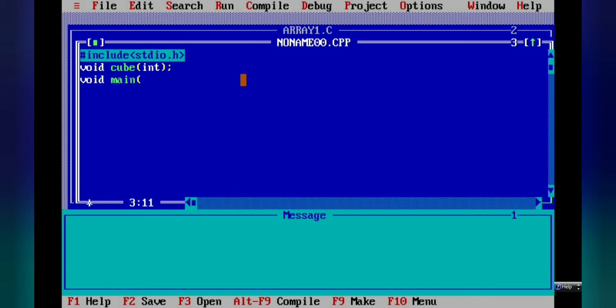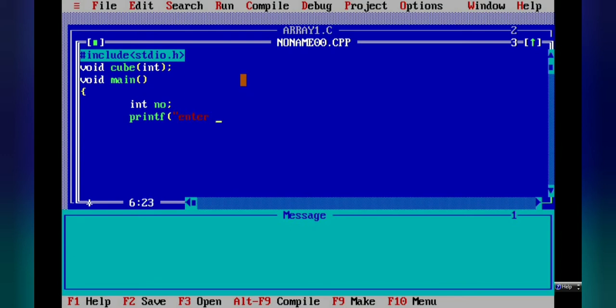Now in void main, we will declare one integer variable, number. Then we will use printf, "Enter your number".